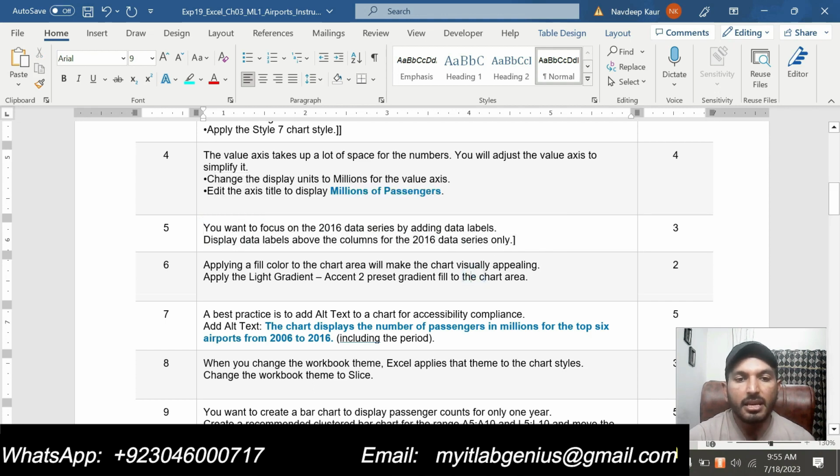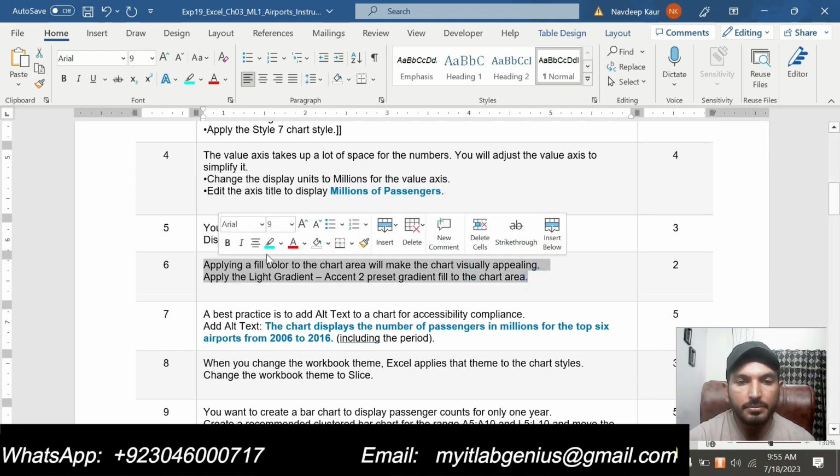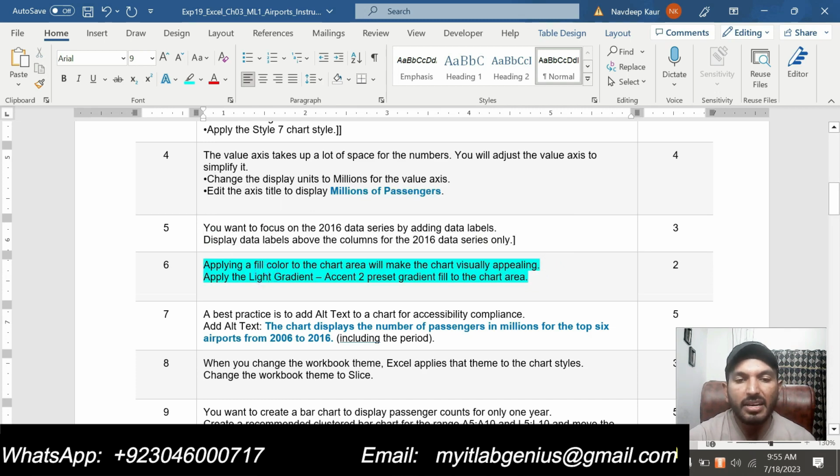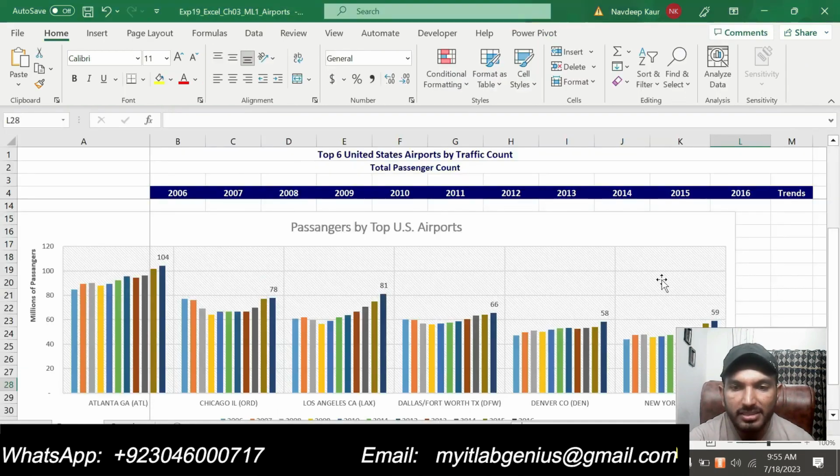Step number 6 is applying a fill color to the chart area will make the chart visually appealing. Apply the light gradient accent to present gradient fill to the chart area. So basically we are supposed to apply the fill to the chart area. So we will move to Excel sheet again,